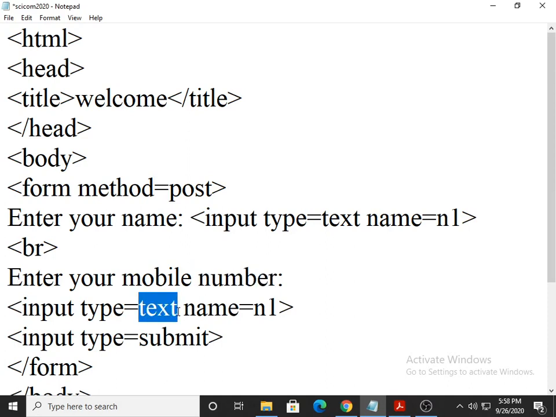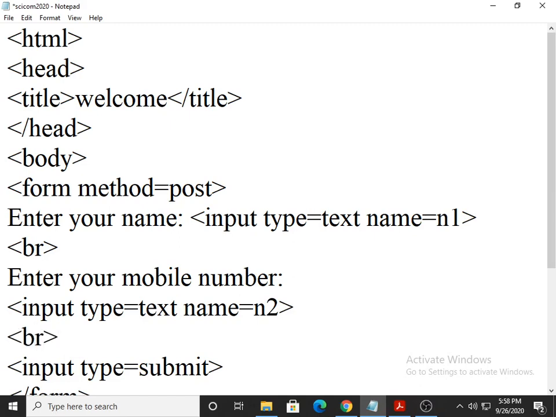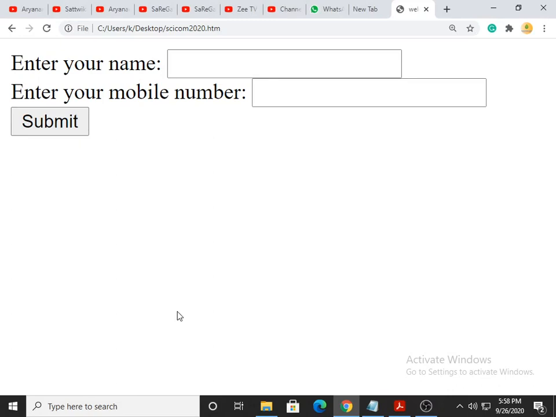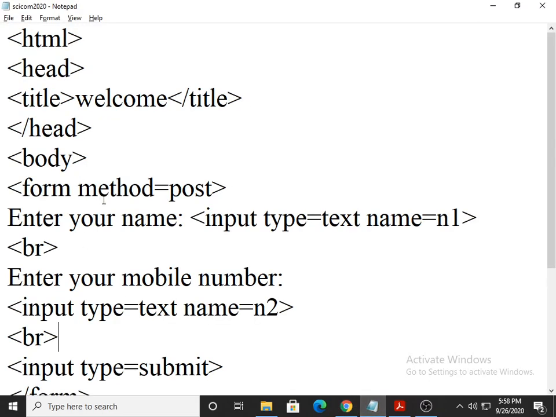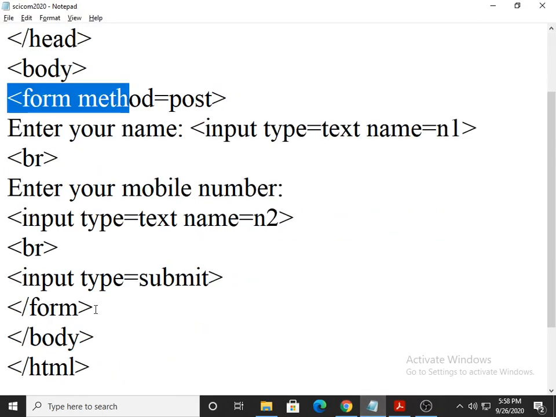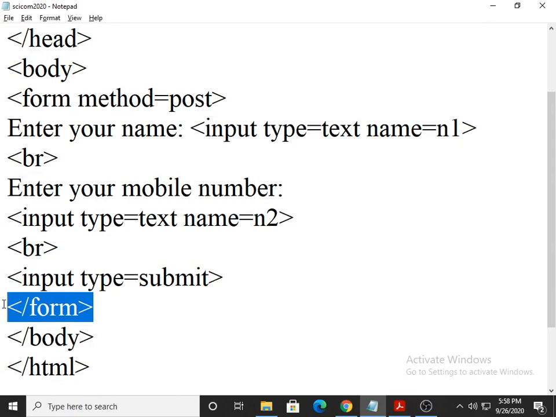Input type is equal to number is not there. Clear? So input type is equal to text, name is equal to N2, again BR and the submit button. Now what I mean to say is, if the method is post, then this will submit block by block. Block by block means what? First it will submit the name, then it submits the mobile number, but it will submit everything between form and /form. Let's see the textbook.